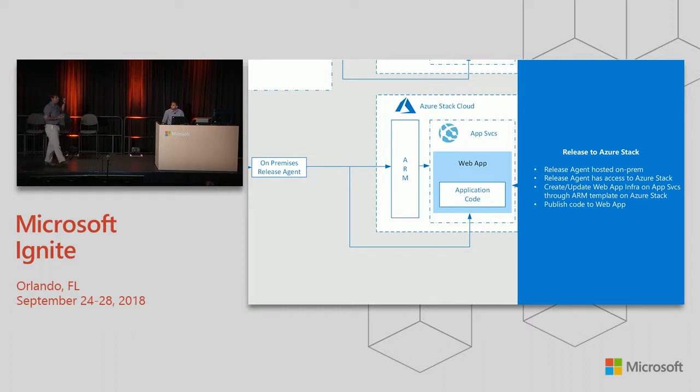So in order to be able to deploy those applications into your Azure Stack, you're able to download a release agent. You're able to download an agent from the Azure DevOps portal, run it locally, and connect it to your Azure DevOps. So now this agent will keep pinging Azure DevOps or team services, and will be able to get the job that's assigned to it, and then be able to talk to your Azure Stack environment.